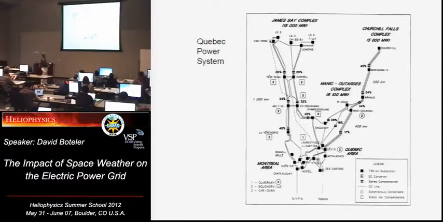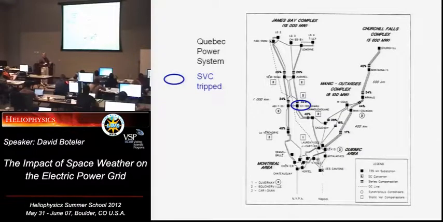Now I've explained about the harmonics and I've explained about reactive power. To maintain enough reactive power on the system, one of the things they do is put in static var compensators, SVCs. That's what they're there for. There are a number of these on the power system, and they provide reactive power and help to maintain the stability of the network.